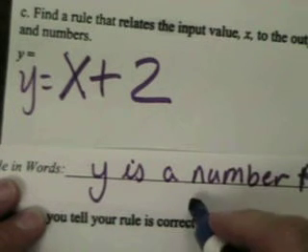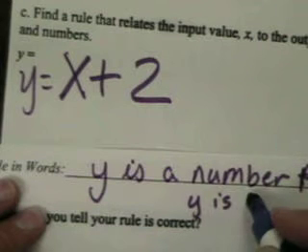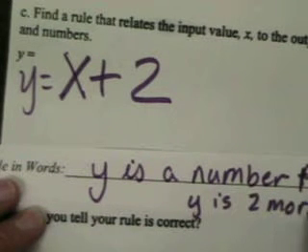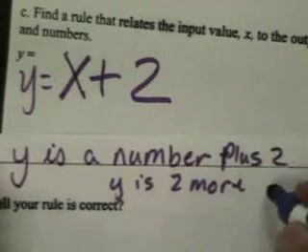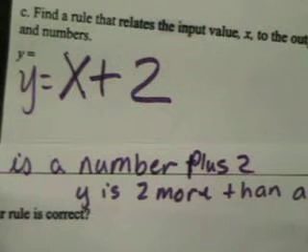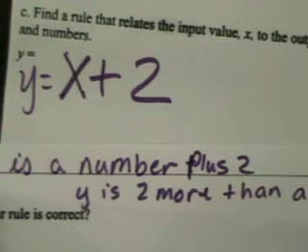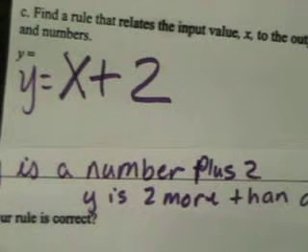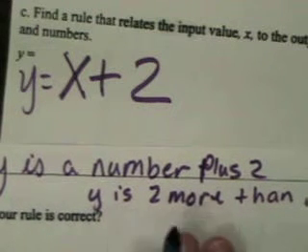I can say y is 2 more than a number. And where I'm saying a number, I'm representing that's what we mean when we say the unknown x. It's some number. I can put any number in there, but y is always going to be 2 more than